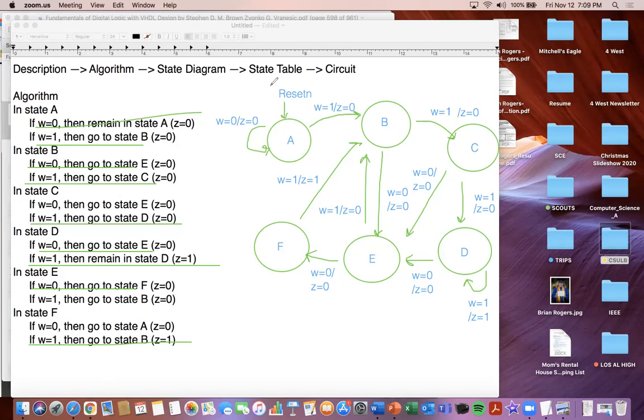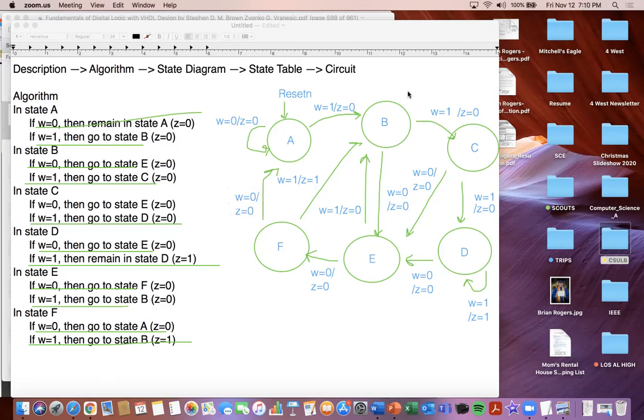And then our final one here is in F. W is equal to 0, then go to state A. So here, W equal to 0, go to state A. So W equal to 0, and Z is equal to 0. Okay, so what we have here